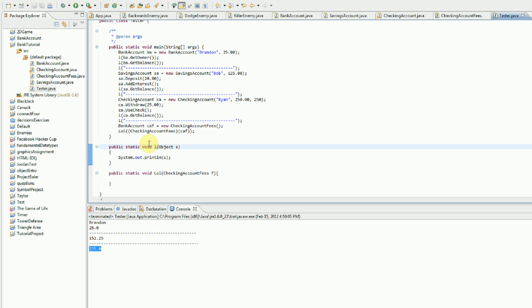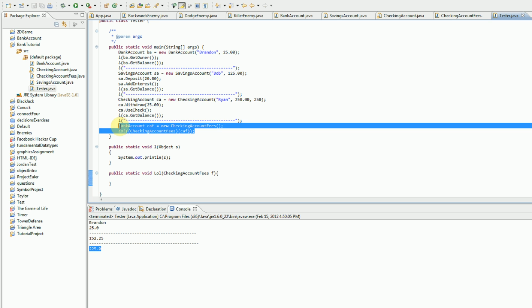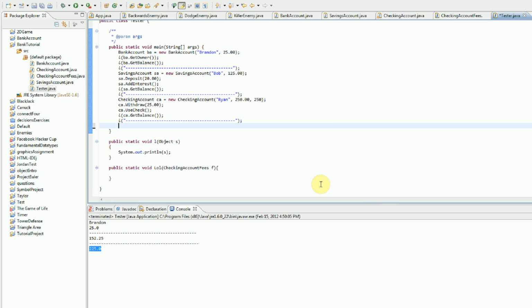There we go. So now we can cast CAF, which is a bank account, and we're essentially just changing it into the checking account fees class. So now lol can take in checking account fees. However, I don't like doing that because, as you can see, it's very confusing. So I will just stick with calling this a checking account fees, and this is a CAF equal to new